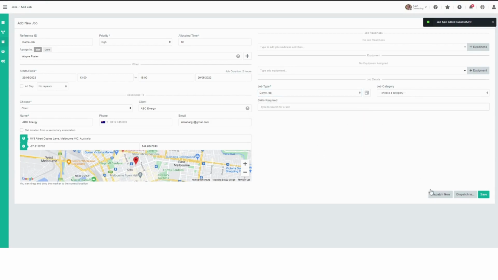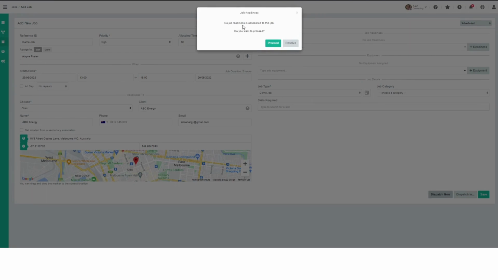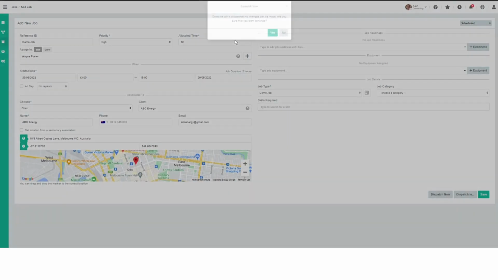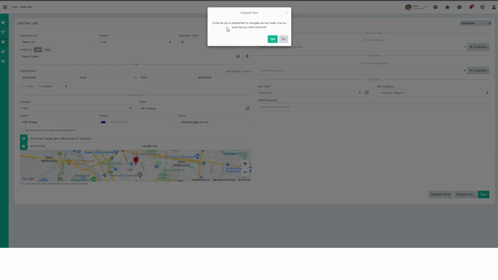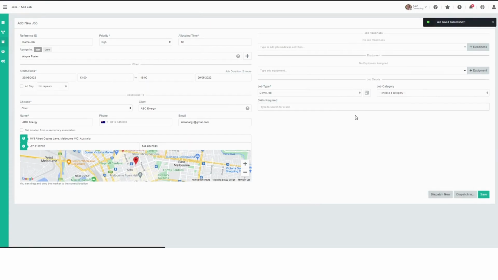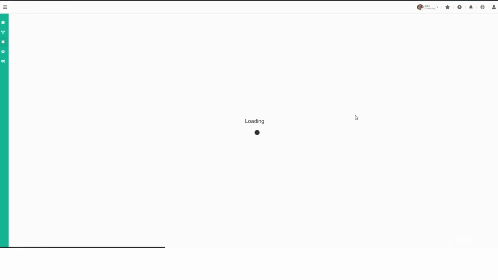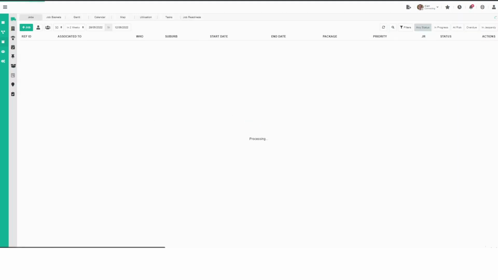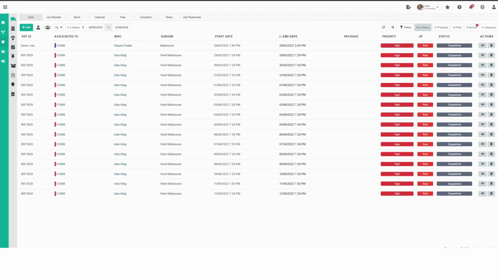We've got everything we need in there now, and our mobile app has been sent down to our field user, or they've already been set up as a user and they're able to access it. So we're just going to click Dispatch now. We get a warning about job readiness because the field is currently empty, and we choose to proceed. We then get a reminder that once the job's dispatched, changes can't be made, and we just click Yes to that one. That job has now gone down to Wayne Foster out in the field for completion. As Wayne goes through, the different updates will come back into this screen here and the progress statuses will change. And that's how you create a basic job in the Dusk IoP Next Generation Field Service Management Platform.